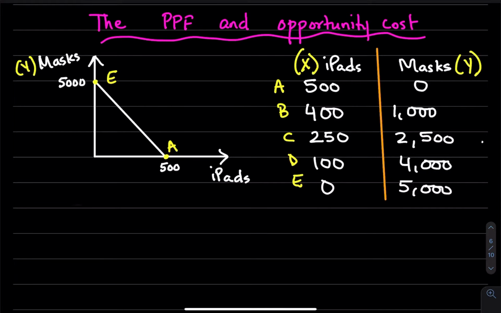Now, notice that if we move along the production possibilities frontier from point A to point E, what's really going on here? At point A, we are producing 500 iPads, but we're going to point E where we are producing nothing in terms of iPads. Okay, and all of the resources are going towards mask production. So you can see that as we move from point A to E, iPad production is going to 0, and mask production is rising from 0 to 5,000. Okay, so what does this tell us? This tells us that moving along